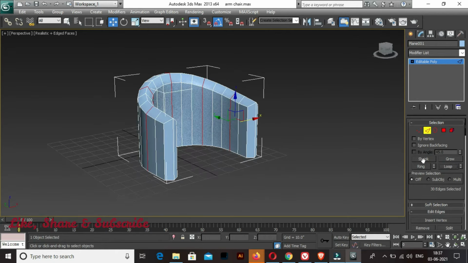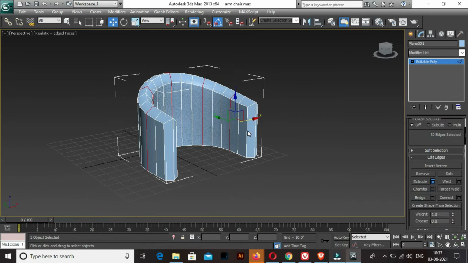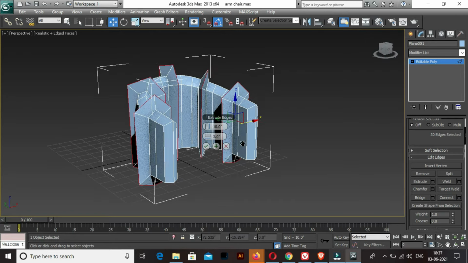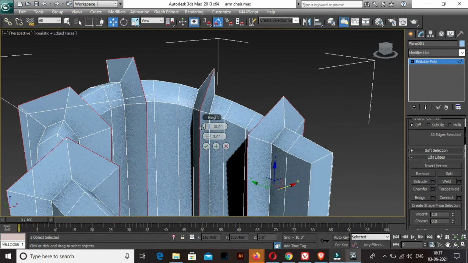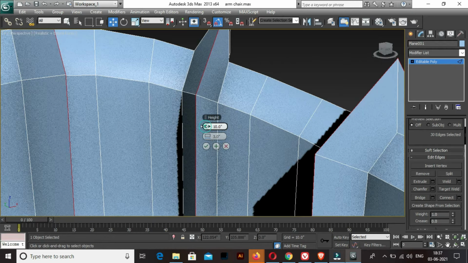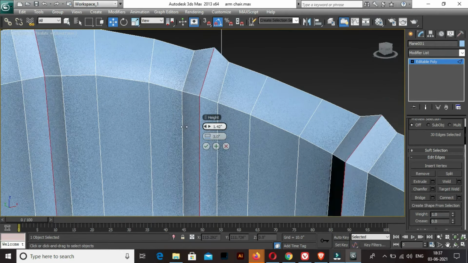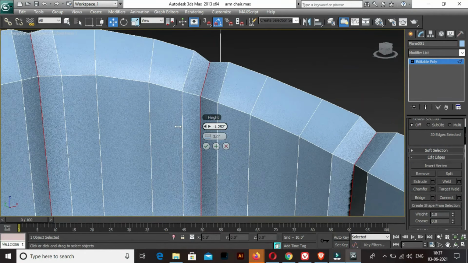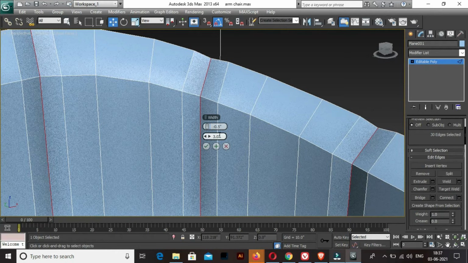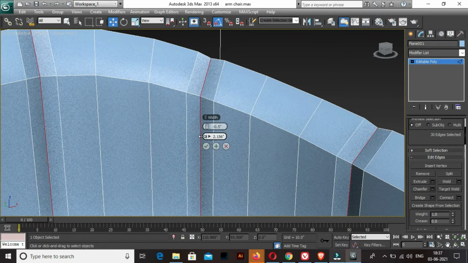now I will go for the extrude command. And I will just reduce this extrusion height in minus, maybe minus 0.5, and this one also I'm going to reduce it.